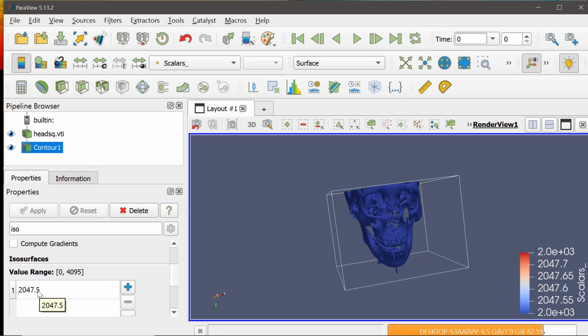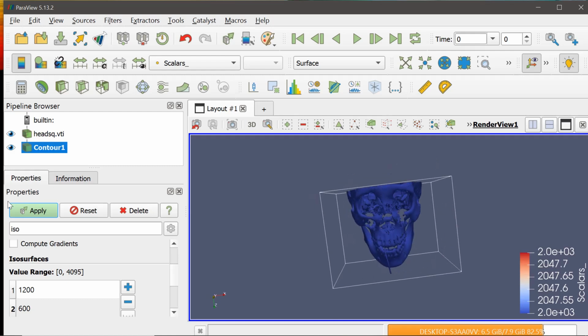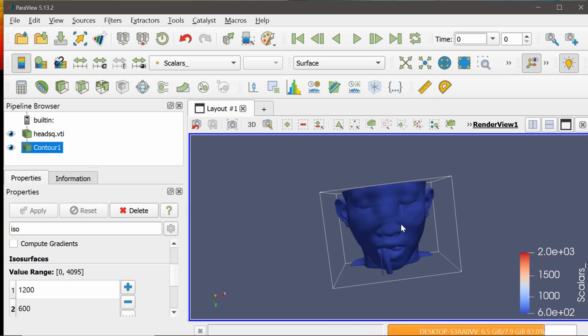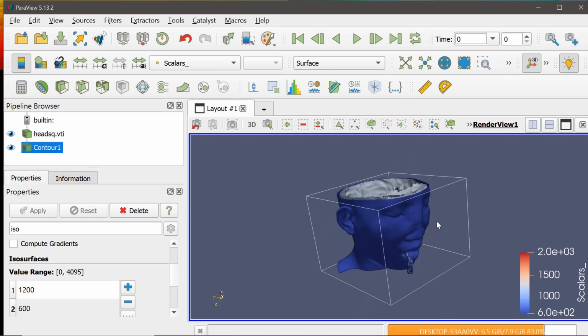For example, here I'll say maybe I want to add an ISO surface of 1200 and also an ISO surface of 600. So when I click apply, you can clearly see it has added the skin layer to the skull,